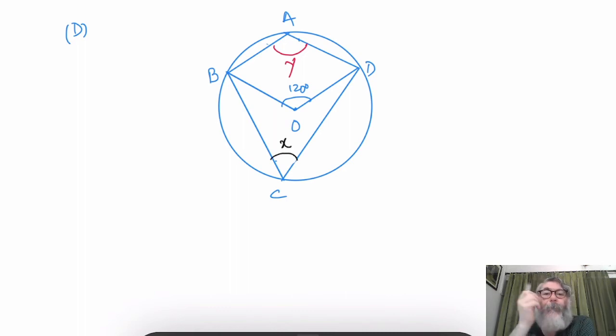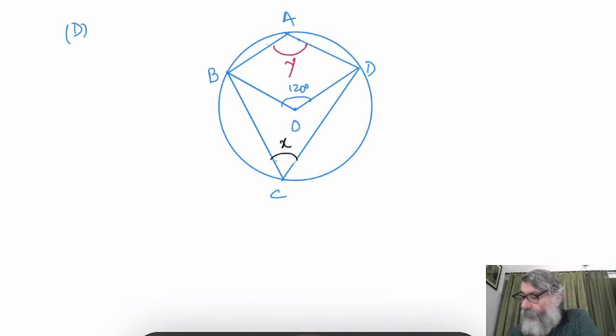Now, with the angle at the center, you should have an idea which arc is making what angle, because the angle is 120 degree. Angle BOD is 120 degree. That means this angle is subtended by the minor arc, and BAD is the minor arc, because any angle which is non-reflexive is made by the minor arc. Minor arc means a smaller arc. Out of the two arcs, BAD is the smaller arc.